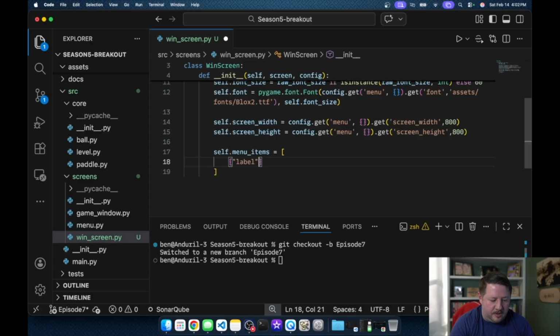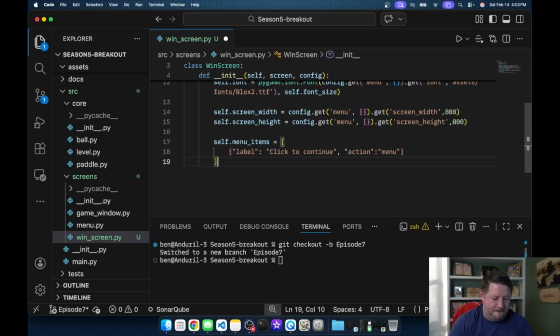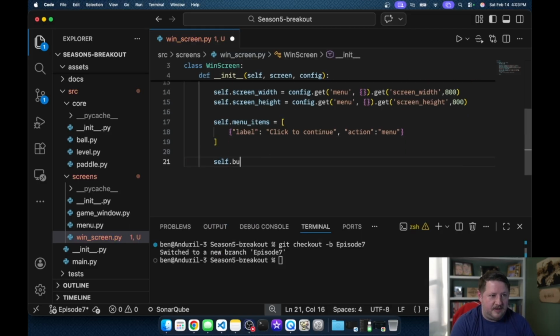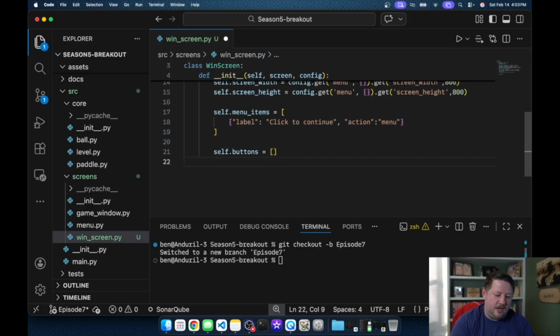So we're going to put a label, "click to continue" is our label, I'm sorry. And then we're going to do action equals take us to the menu. Okay. Now we're going to do self.buttons, and that'll be an empty array. And we're going to do